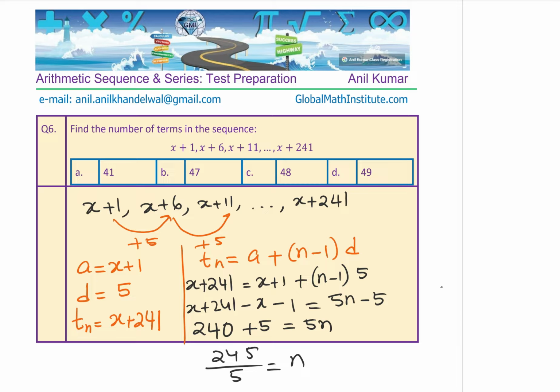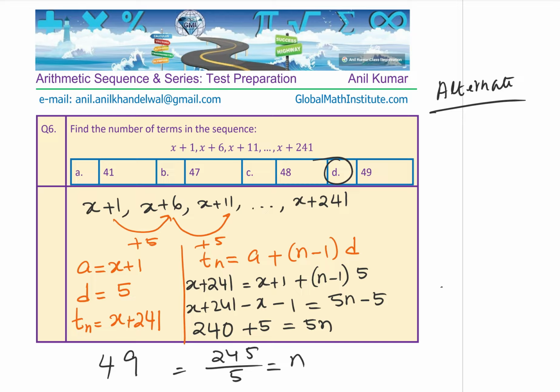So that goes 5 times 4 is 20, and then 45 is 9. So we get 49 as our answer, correct? So that is how we could do it. Alternate method could be,